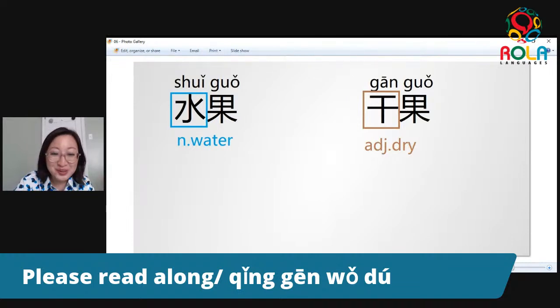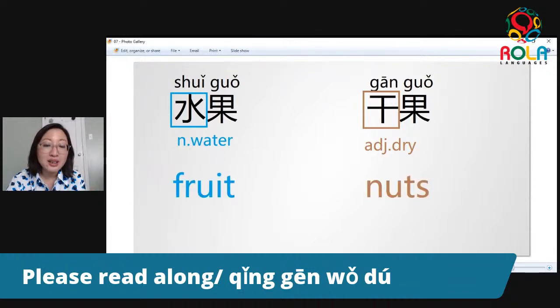Okay. So, 水果. Maybe you can guess. 水果 means the fruit that has juice, the fruit that's moist. So, 水果 is actually fruit. And 干果 is the fruit that is dry. So this is kind of weird in Mandarin. 干果 actually does not mean raisin, like dried fruit, but means nuts. We count nuts as a kind of fruit, but they are dry. They don't have water in them, so we call them 干果. All right,